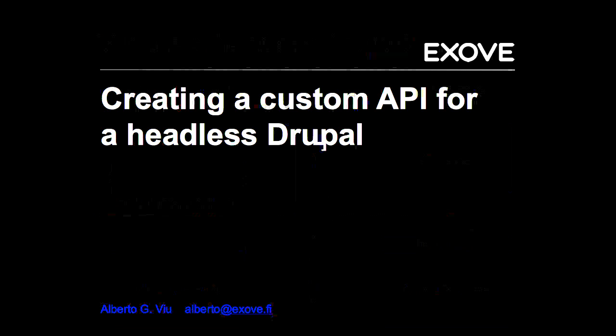Sorry for the scheme. My strength is not drawing this kind of slide, but I think you can understand everything that is going on. At the left, we have the traditional Drupal stack. So it's the Drupal backend, and then the Drupal theming. That means that everything is executed in the server. So the Drupal itself